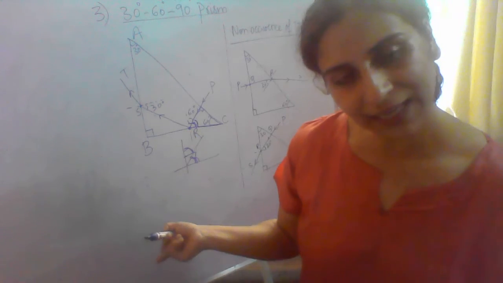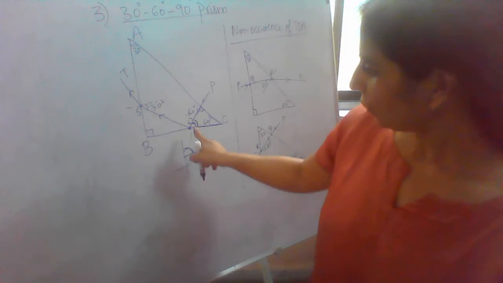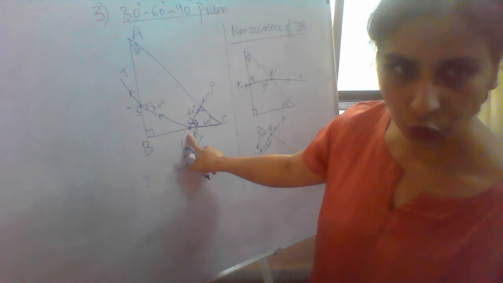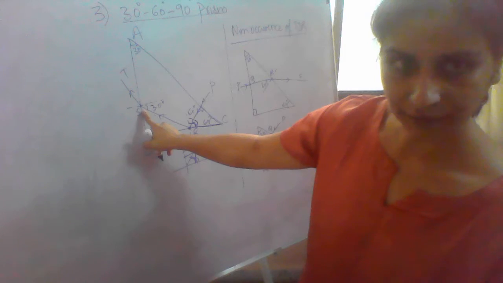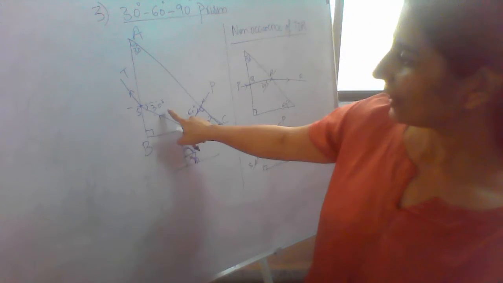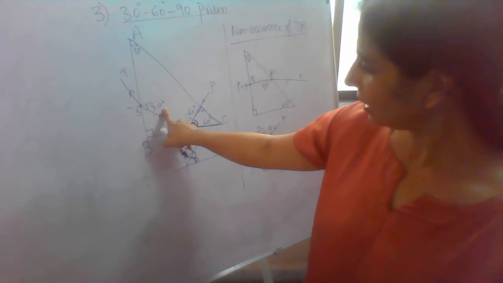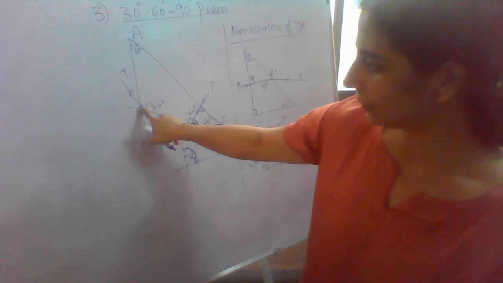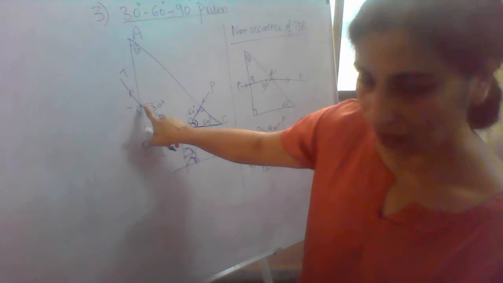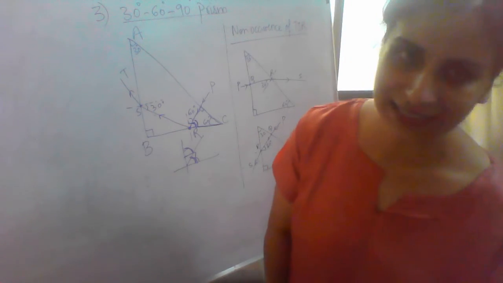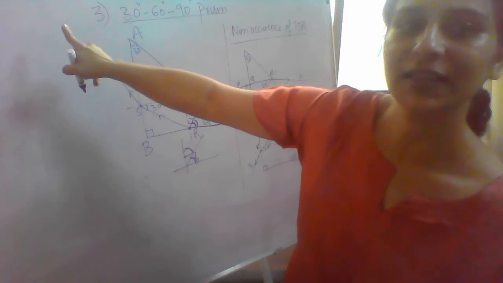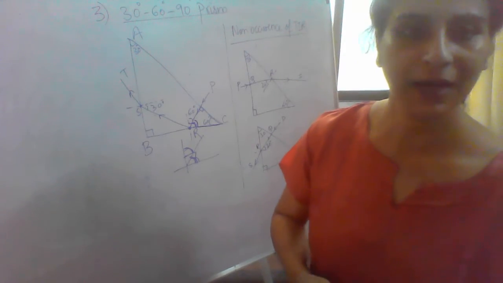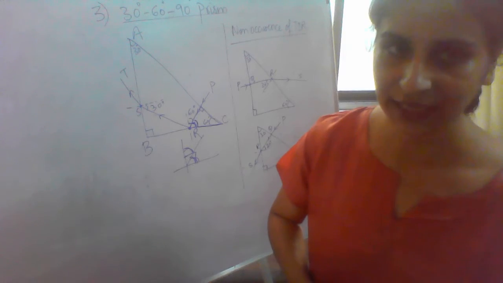60 degrees is much greater than the critical angle 42. So there is total internal reflection. There is no ray here. It didn't go to air. It went for total internal reflection and struck here at 30 degrees. This is the normal drawn at point S where it strikes. Now 30 degrees is lesser than the critical angle, so it will go out in the air. So this is how the ray will act in a 30, 60, 90 prism.